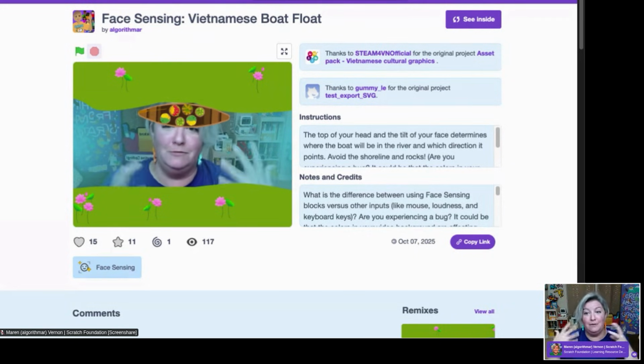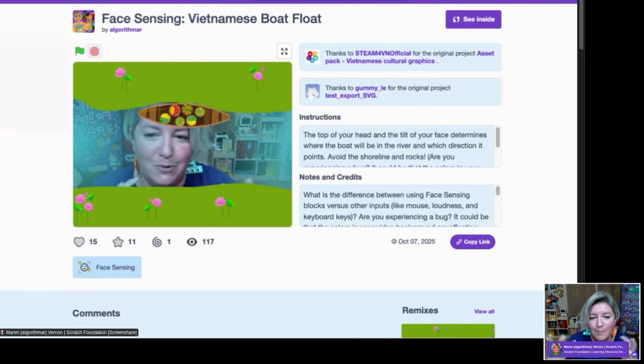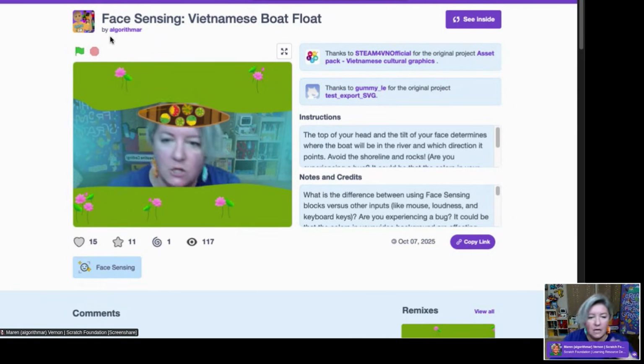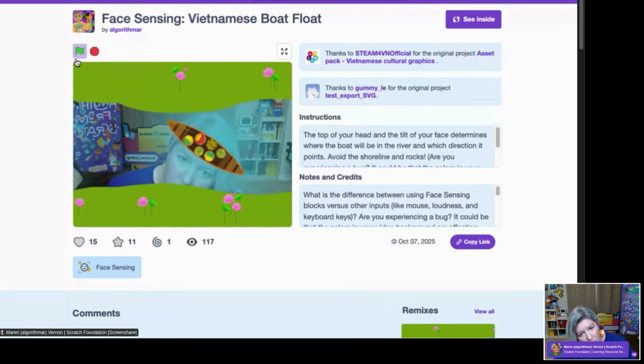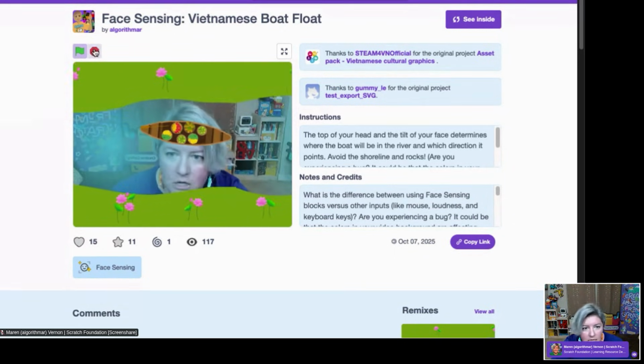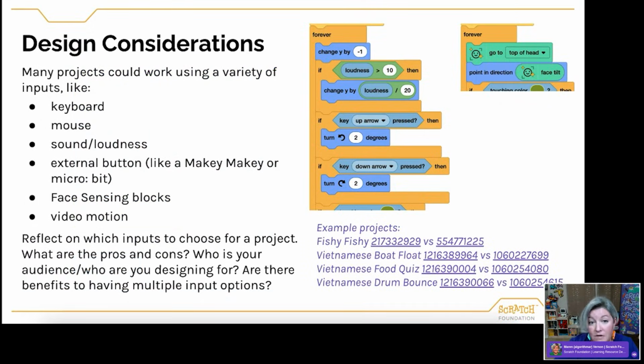And so, again, these interesting debugging challenges come up when you're using some of these things that you may not have considered. But the nice thing was that it used my head tilt to control the angle of this boat, and that gave me a lot of quick, easy control. I have another version of this game that's linked in these slides here. You can see some of my examples down here, and so you can test those out.